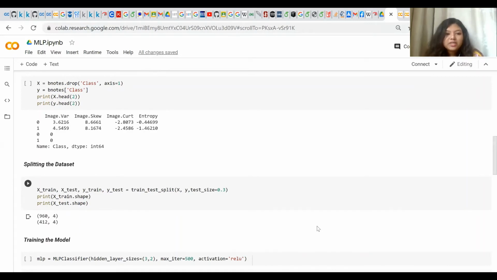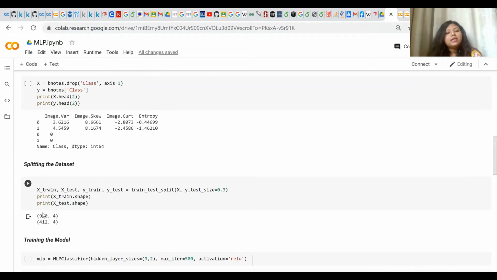Next, we need to split the data set. For splitting, we have used train_test_split, and we have defined the test size as 0.3. That means our test set would be 30% of the data set, and our training set would be 70%. Then we have printed the shape of the training and test data sets.